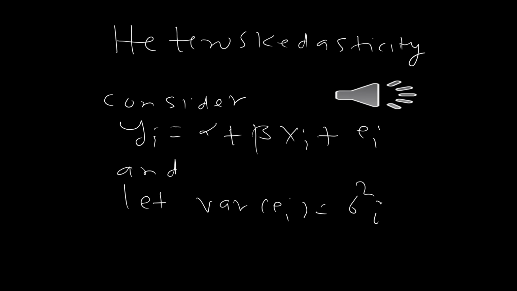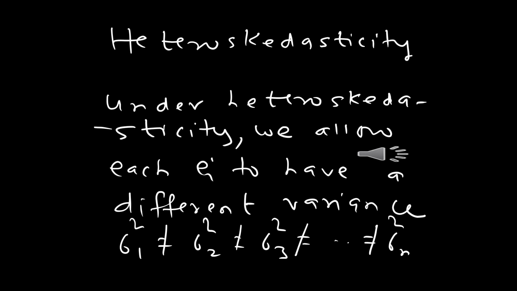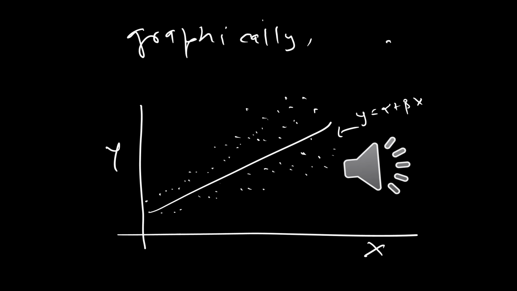Once you obtain an estimate of phi hat, under heteroskedasticity, we allow each of the error terms to have a separate variance. So the variance of E1, which is sigma square 1, will be different from the variance of E2, which is sigma square 2, which in turn is different from the variance of E3, which is sigma square 3, and so on. This graph represents a particular type of heteroskedasticity where the variance of the error term